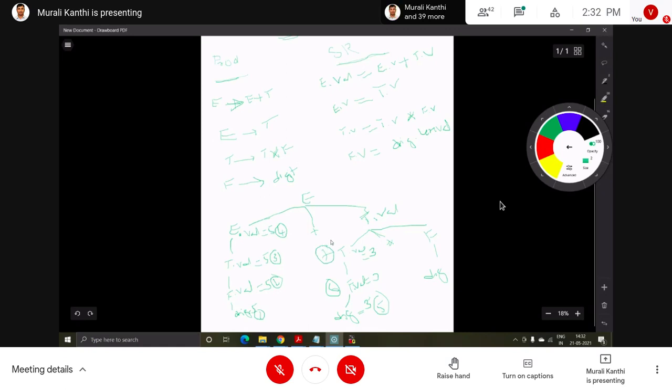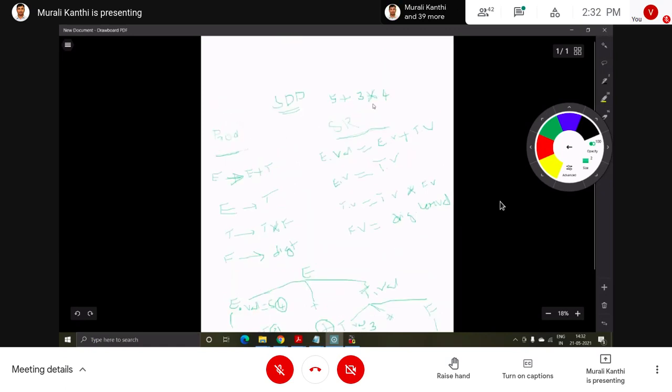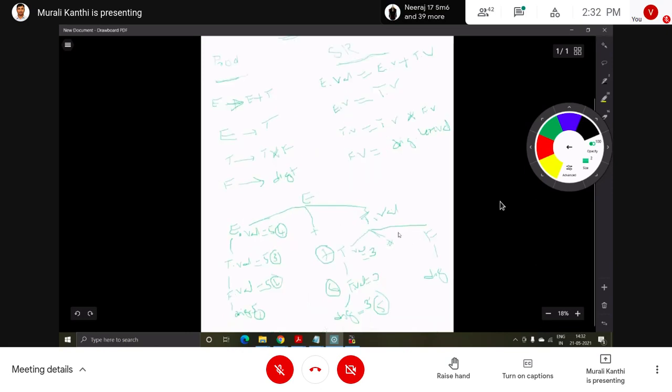Okay. Then next star. So after star, the right hand side F. So digit. So now here digit dot lexvalue. What is it? 4 here. This 4 is given to F. F dot value equals 4.